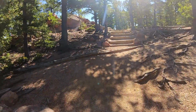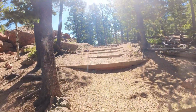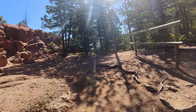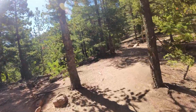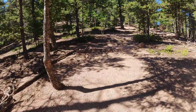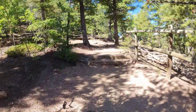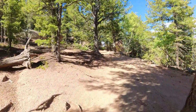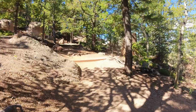You have to pardon my huffing and puffing, but yeah, a little bit of a workout this morning. I just read a sign that said Devil's Head is the largest or highest mountain in the Rampart range region at 9,748. So I'm assuming that Devil's Head might be slightly higher